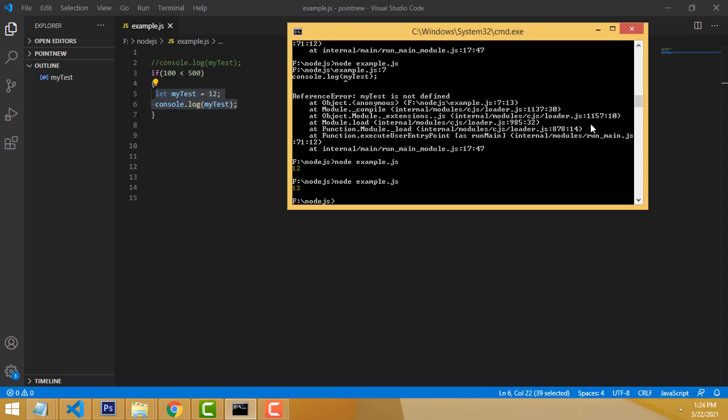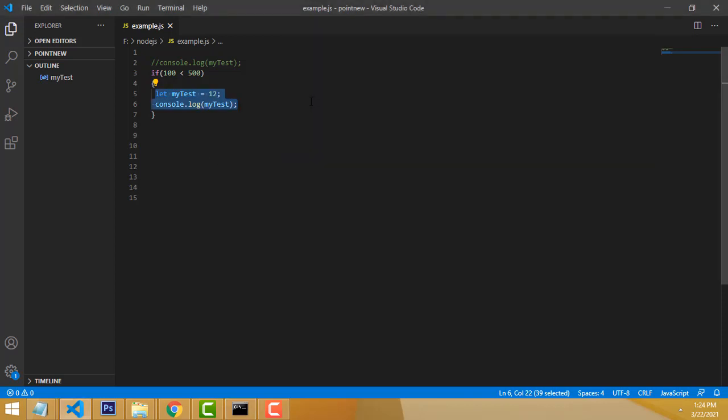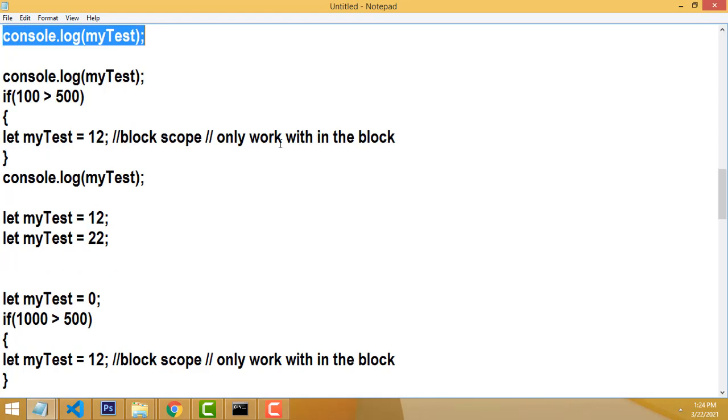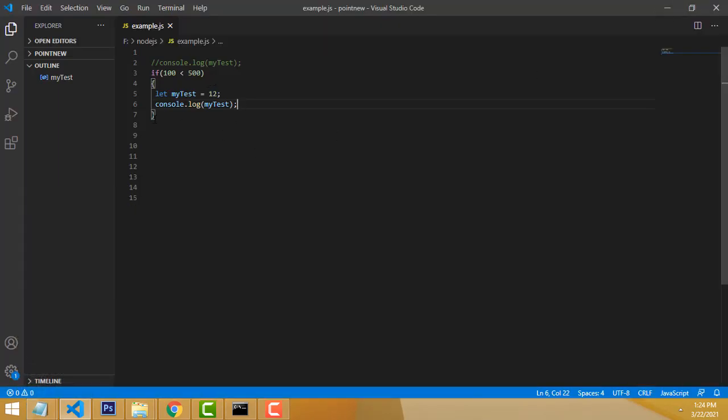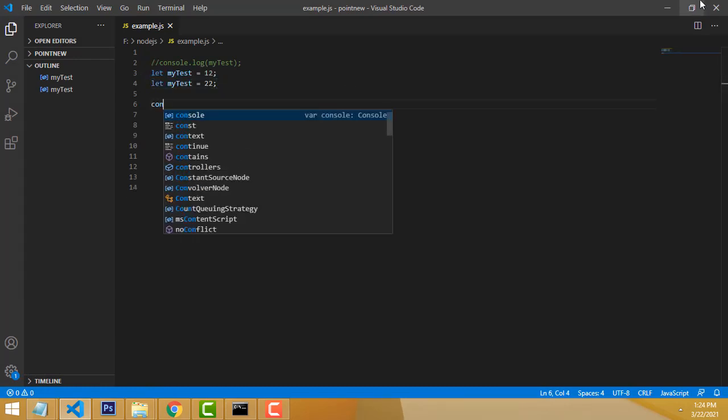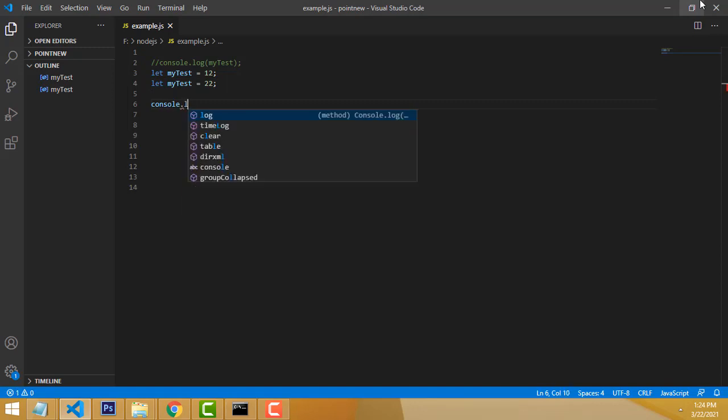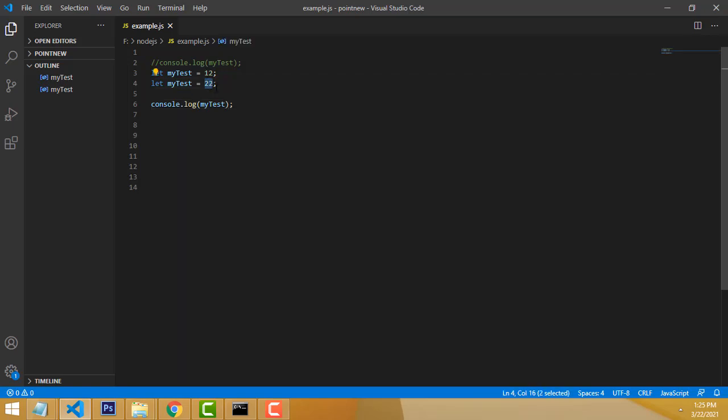Now it's working. If you execute it, it works. This is the meaning of constant variable and let, right? The type is block. Now again I am going to do another example, the same thing you did here. Let me print the output: console.log my test. What will be the output now? When you go with var, the output will be the value you wrote last. It has been printed.